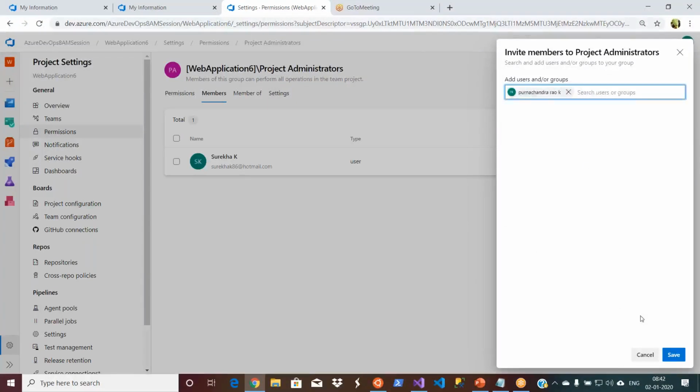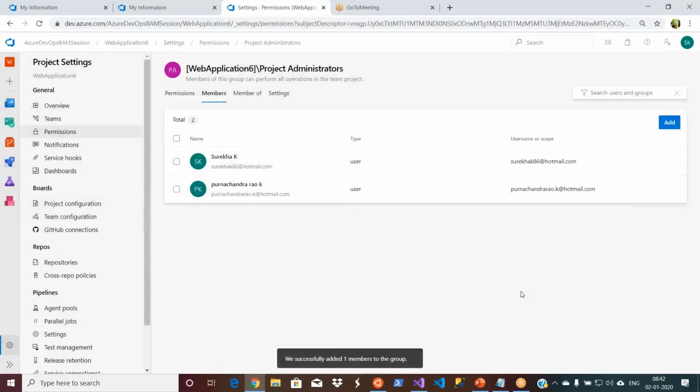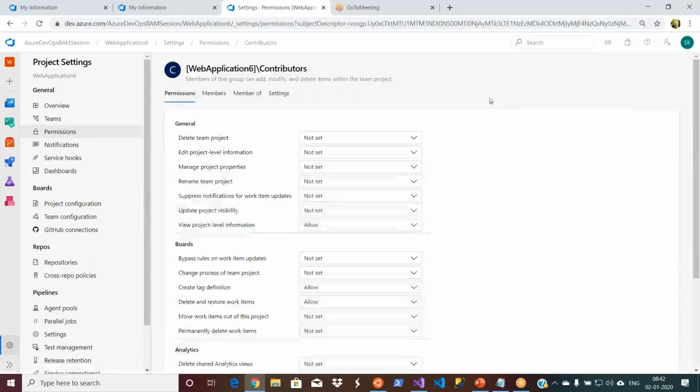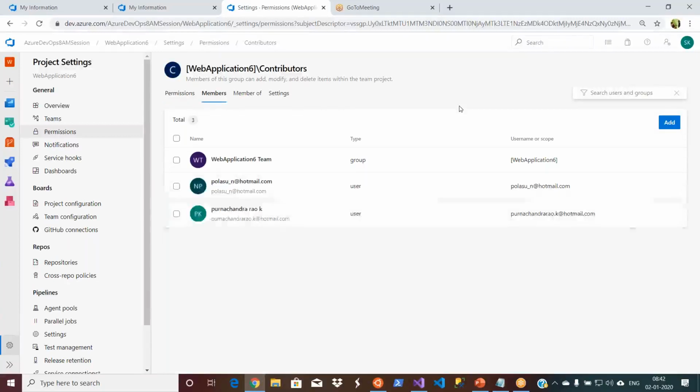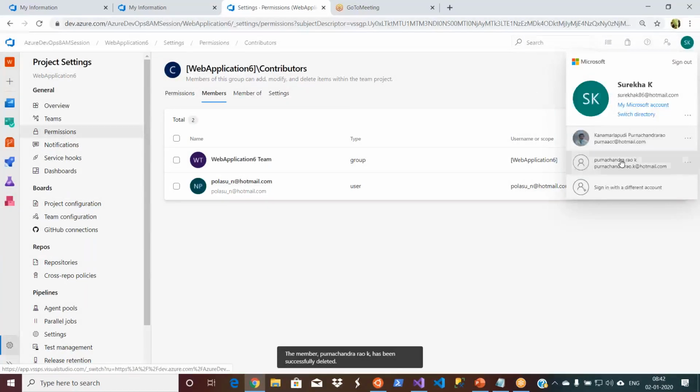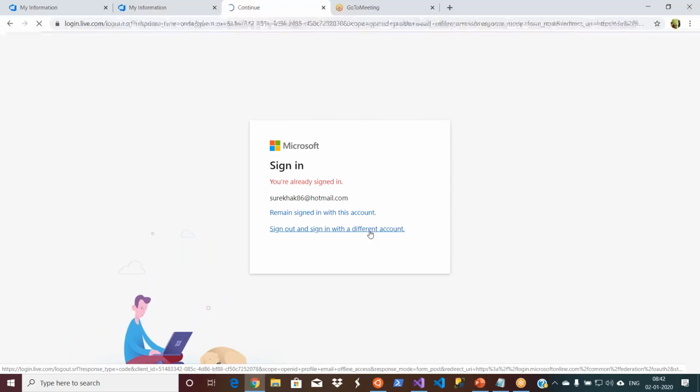You can check different permissions, right? We can explore it. Let's not waste time actually. So let me remove from contributors, members, and then let me remove this guy from here. Okay, done. He is now admin. You should be able to now access everything in my Azure DevOps project.